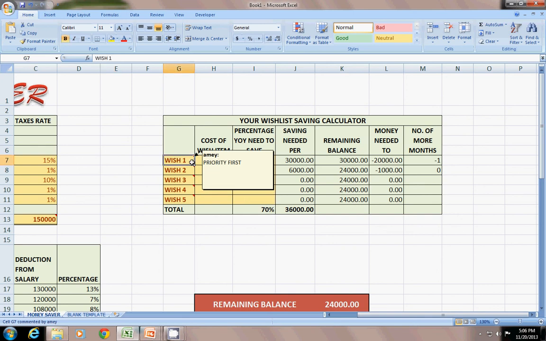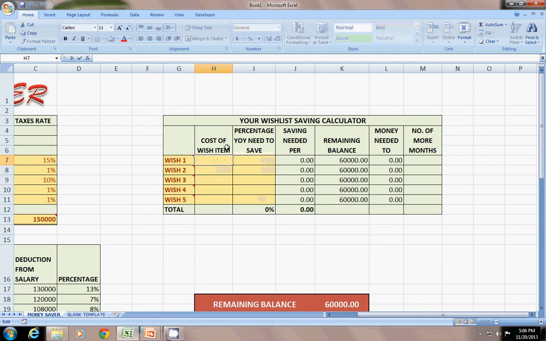to buy. Then what is the cost for that item? For example, the cost of the wish item. Then suppose the cost is 50,000. It is very difficult to spend 50,000 directly, so we will see how to save for your wish list.